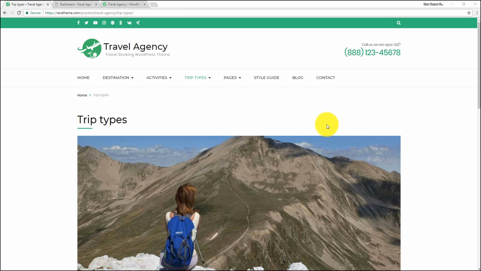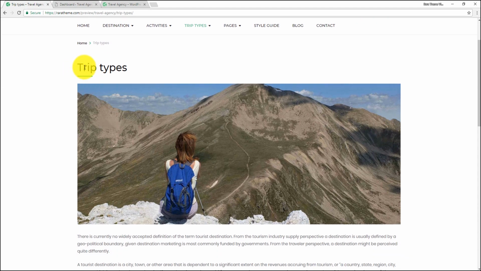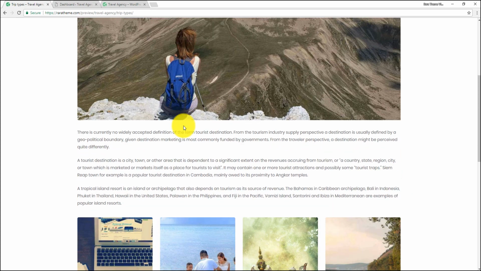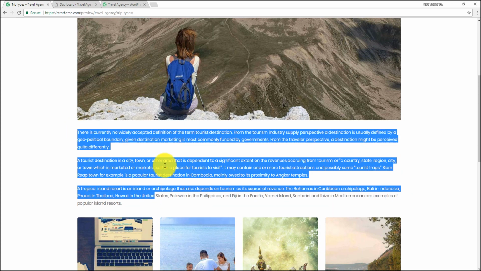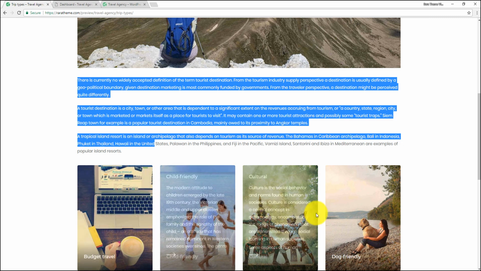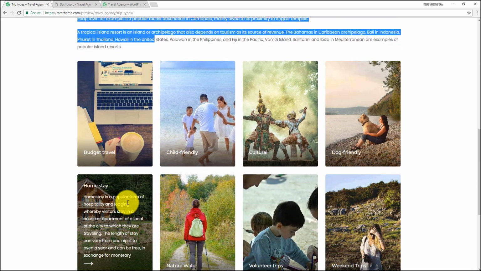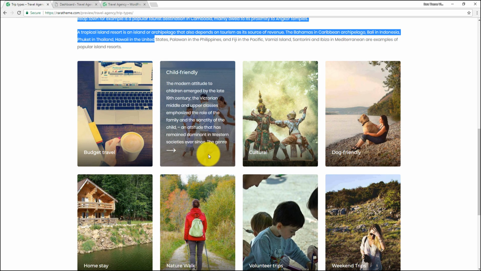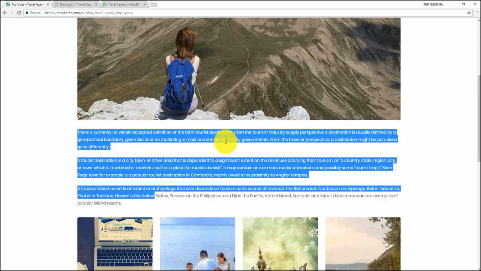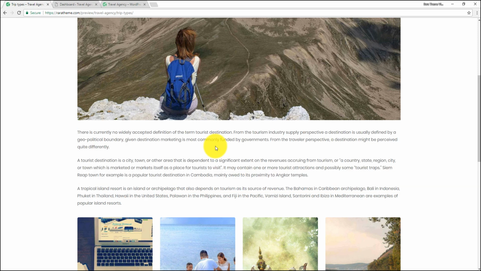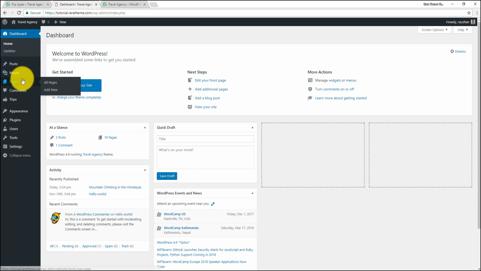Now I'm going to show you how to create trip type page. This is an example of trip type page. This is the title, a feature image, some description, and different types of trip type, or in other words, different kind of categories for trip type. In order to create this page, we need to create a page with trip type template. For that, let's go to Dashboard, Page, Add New,